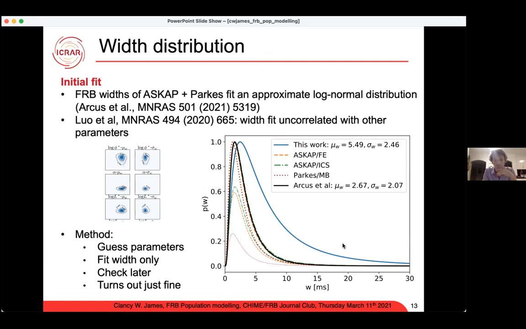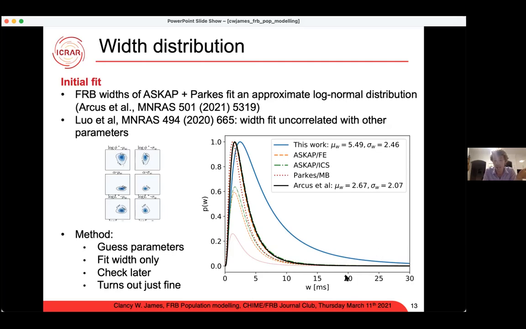And so essentially what happened is that for another paper, Wayne Arcus et al. did a fit to ASKAP and Parkes widths and got a log normal distribution, which is the black line. But that was not accounting for these biasing effects. So when I have a physical truth of the blue line and then take into account various biasing effects, you turn the blue line into this green, orange, or red line when you fit Parkes and ASKAP observations. And then when you renormalize these ones, they both approximately match the black line. So if this is what you're measuring in black, the physical truth is more likely to be blue, but we don't have a good handle on the very wide side here.